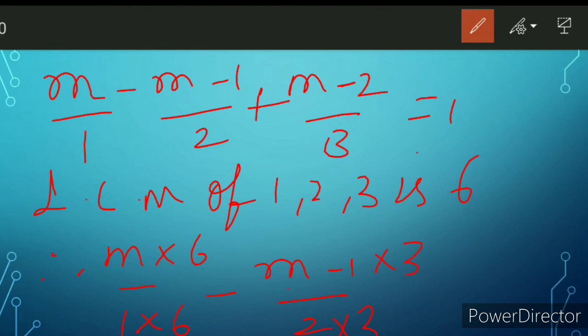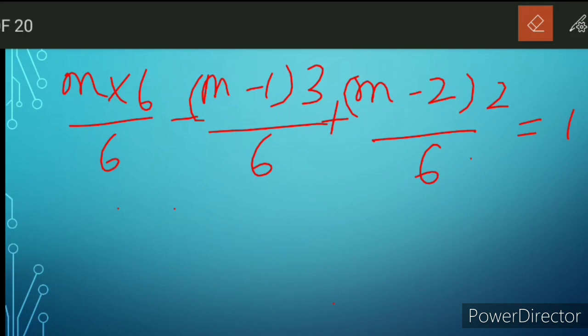Here two terms are there, m minus 1. Put bracket and multiply. Yeah, listen carefully. It is very important. You may make a mistake. Yes. Next, plus. The second term also should be written like that: (m minus 2), denominator 3. If we multiply with 2, it will become 6. Here also put bracket and multiply with the 2. Yeah, is equal to 1. Yes, it is our last step.